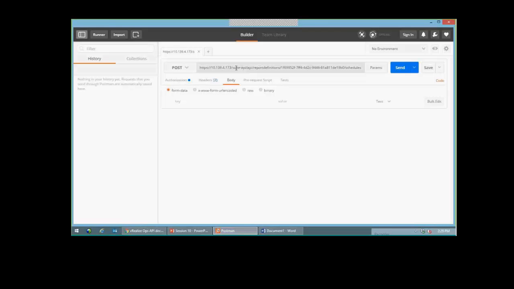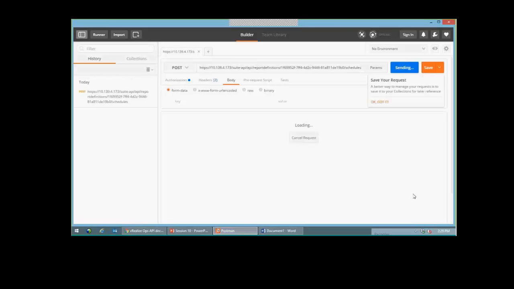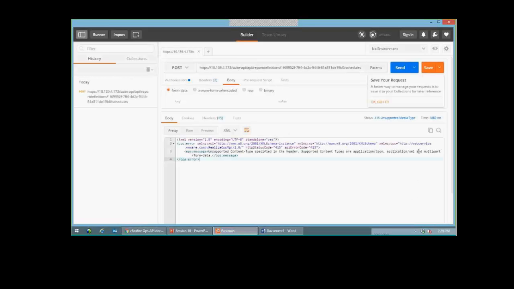In this case, let's just first test whether our authorization is working or not, and click on send. And you can see that it says the content type is not supported. It basically means that I'm able to hit the API and get to what I want. And that's a good sign. That's a sign which basically means I'm able to reach vROps on this particular URL, which I have configured with